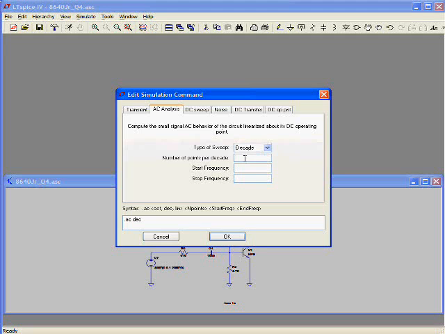So I'm going to say 20 steps per decade, and I want to start it at let's say 12 megahertz, and I want to stop it at 50 megahertz. Now this